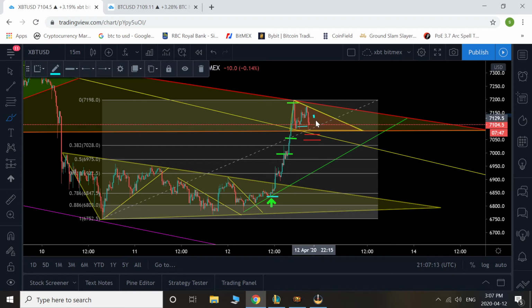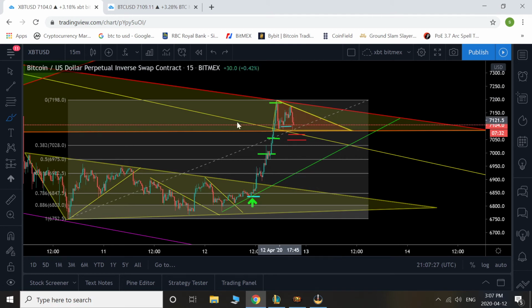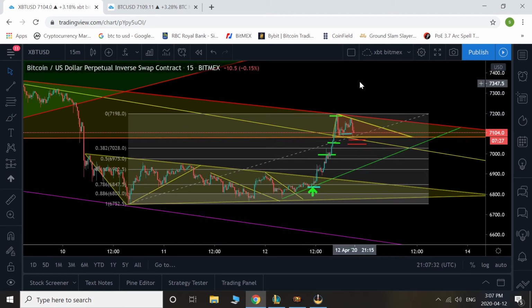A good example would be if we form a bit of a falling wedge here and actually touch back down to this green trend line as well, where the fib line meets up. That would be a good indication that it would be a good chance to go long. But there's a lot of time between now and then, so we're just going to have to see how this trend plays out. Those are just some levels of interest that I wanted to show you guys,